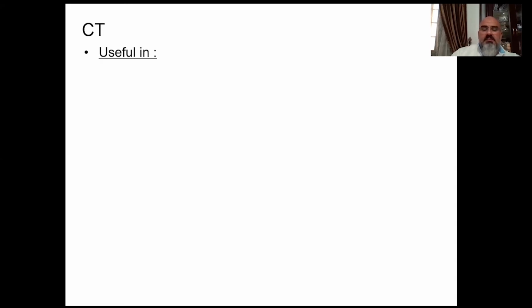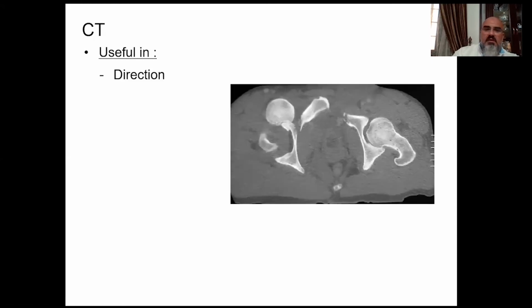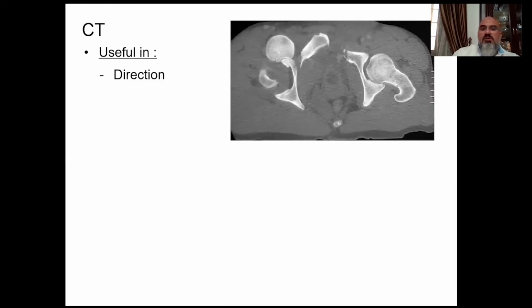What to do next? In most cases, or nearly all cases, you have to evaluate the case more by doing CT. CT is very useful in detecting the direction of the dislocation. Sometimes the radiograph is not enough. Sometimes you'll get tricked by the radiograph. So you have to do a CT to check the direction of the dislocation, whether it is anterior or posterior